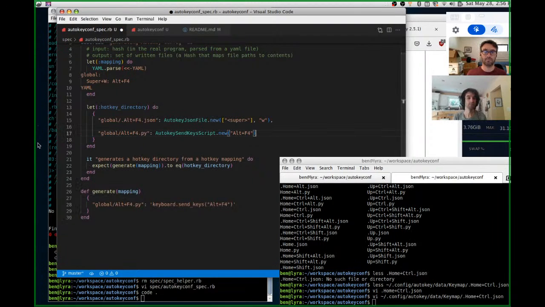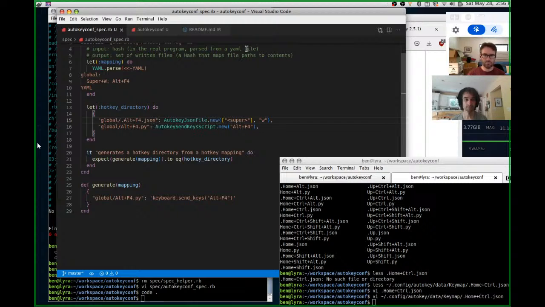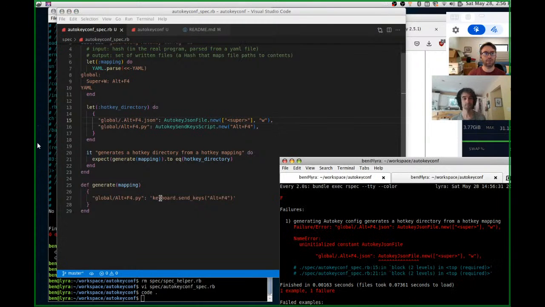What do you think about this? Interesting. So this test is asserting that a global super W to Alt F4 produces an Autokey JSON file of super W, and a send key script of Alt F4